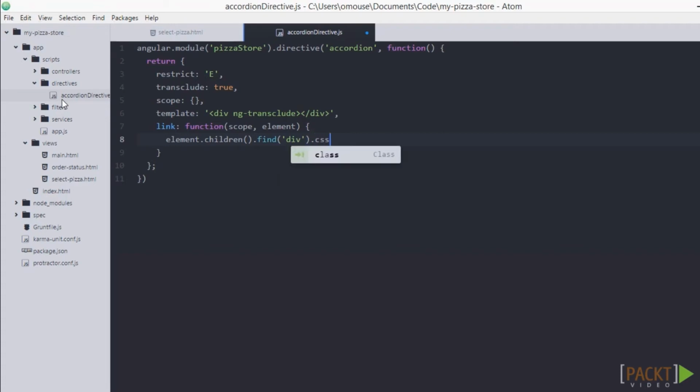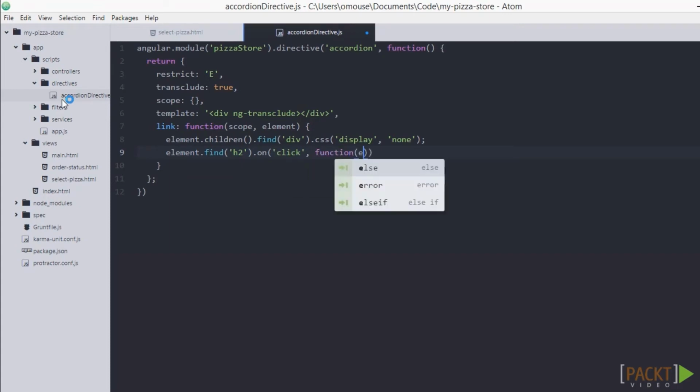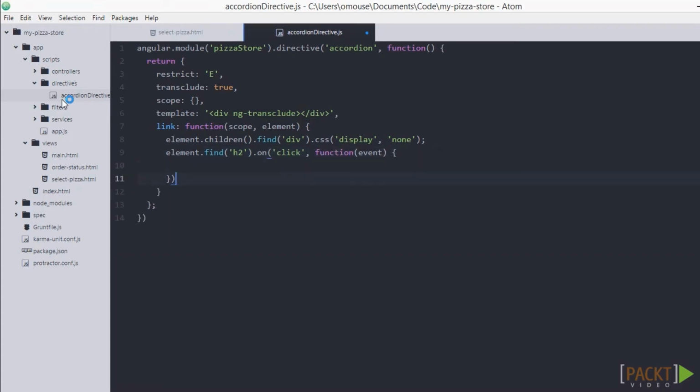For example, we could have more than one accordion directive used on the page. Moving on. The template of the directive will define inline because it's basic. We want the accordion element to display whatever HTML is inside of it. Now we get to the good part, the link function, where we code what will happen when the accordion element